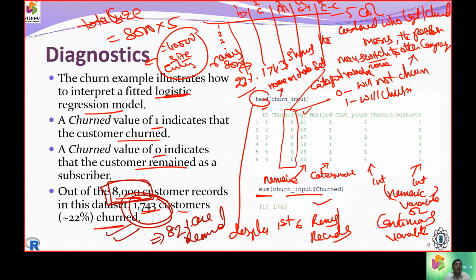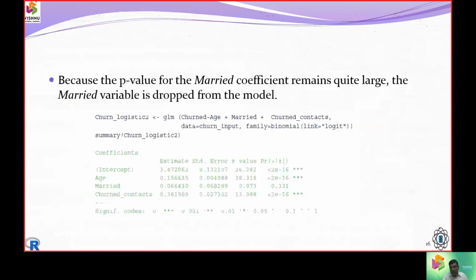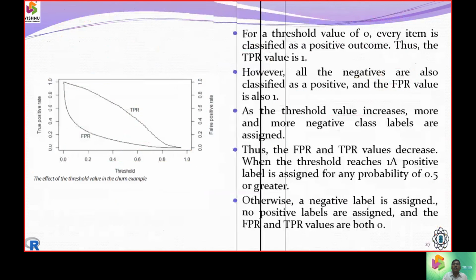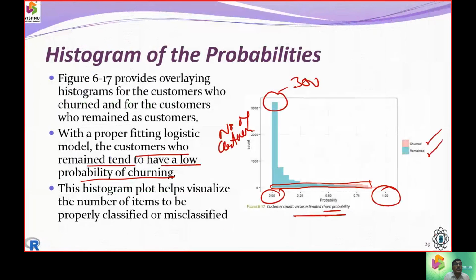So at the beginning we told we are taking 8,000 customers. 1743, that is 22%, are already gone. That means the rest have not churned. To this data set, we made the histogram. This histogram was telling that the customers who remain tend to have a low probability, and the people